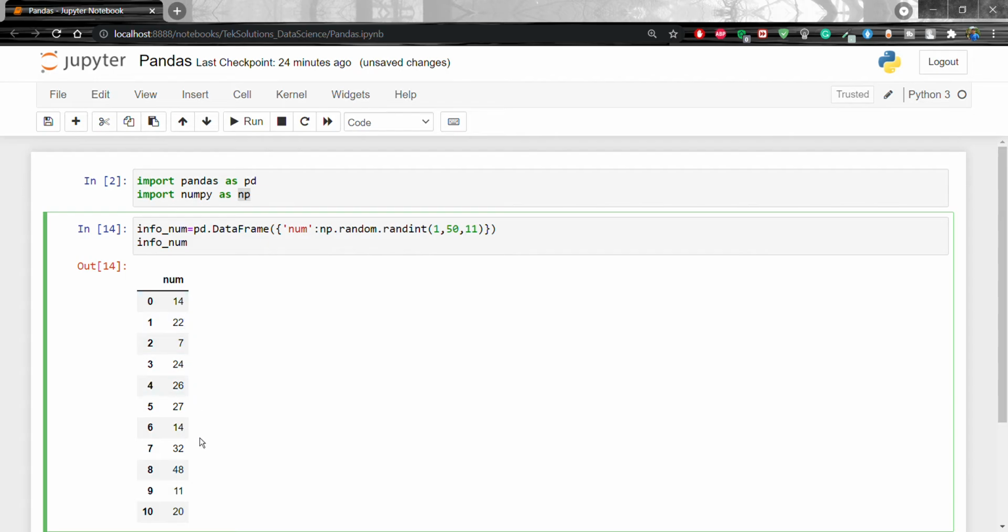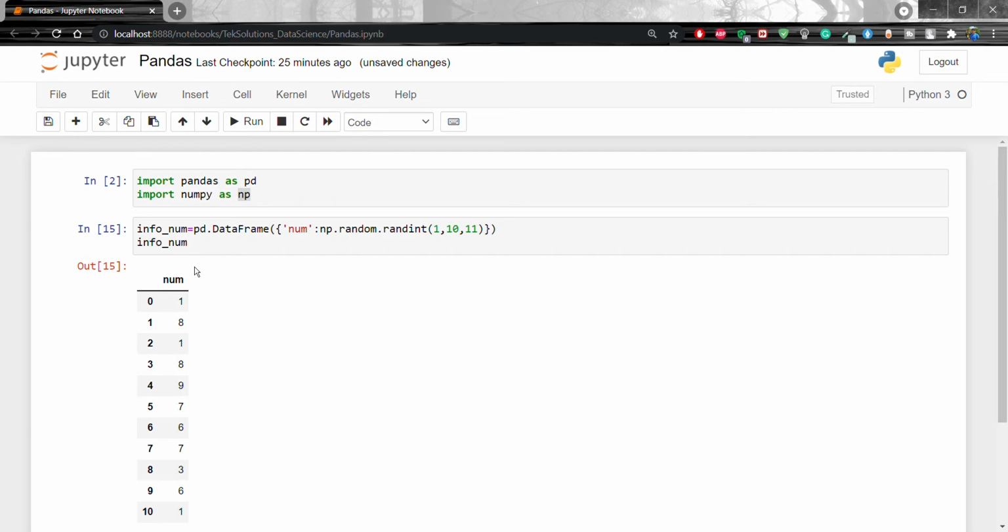So you will see that it is not going to range beyond 50. Now if I reduce it here to 10, the range will be between 0 to 10 or 1 to 10. So the values are not going to extend beyond 10.